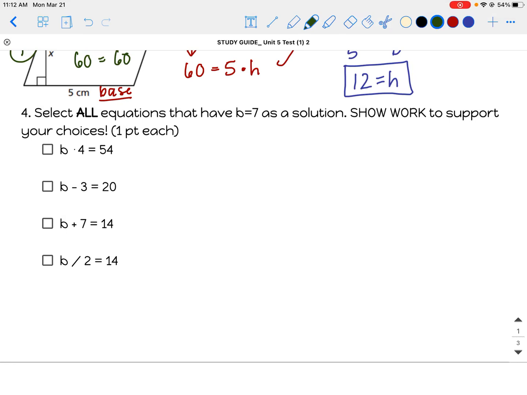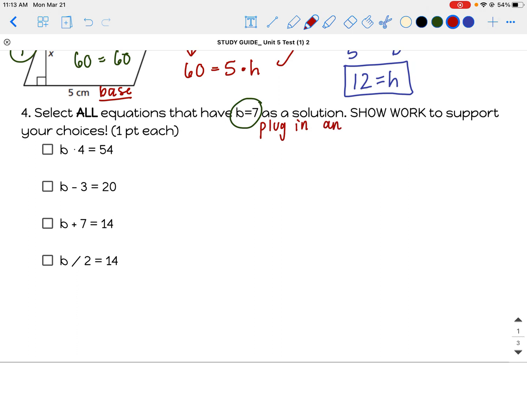Let's do numbers 4 and 5 from the study guide. So this one says, select all equations that have b equals 7 as a solution. Show your work to support your choices. So we want to show work for every single one. All right, a really simple way we can do this is just plug in b equals 7